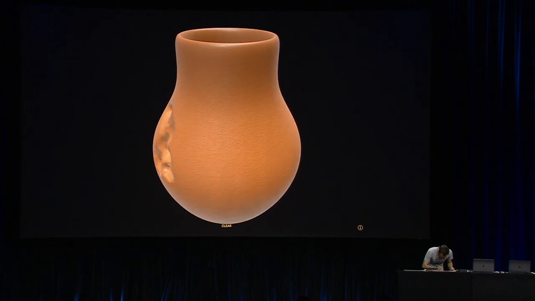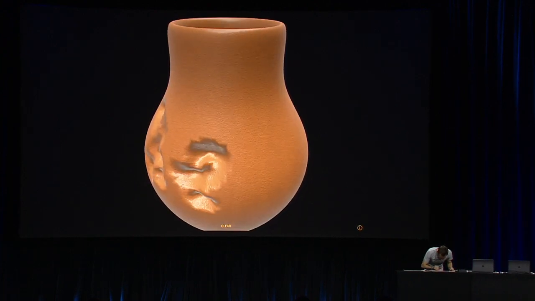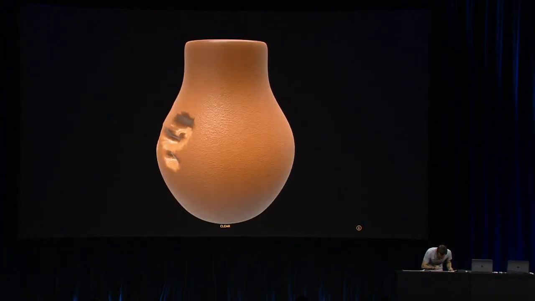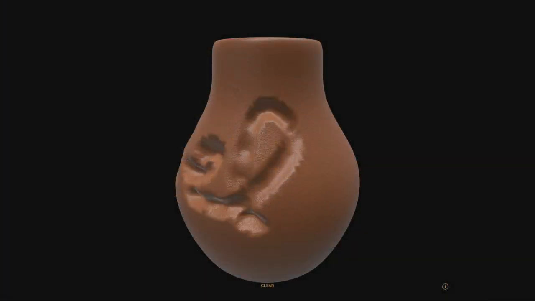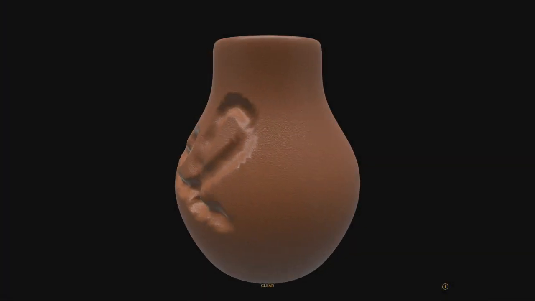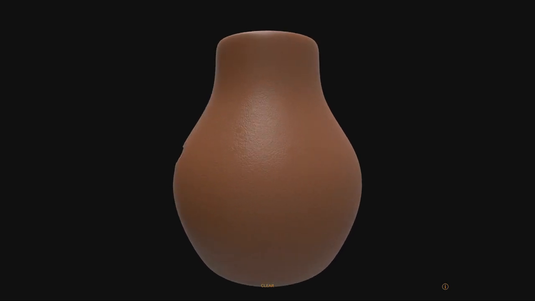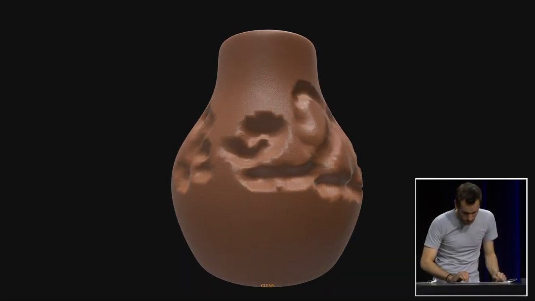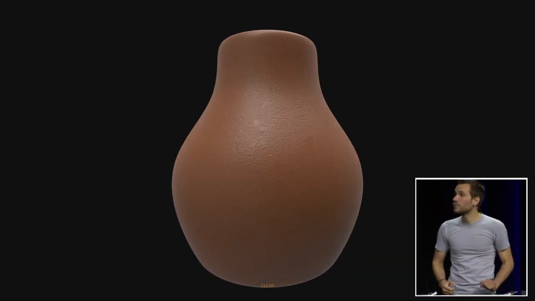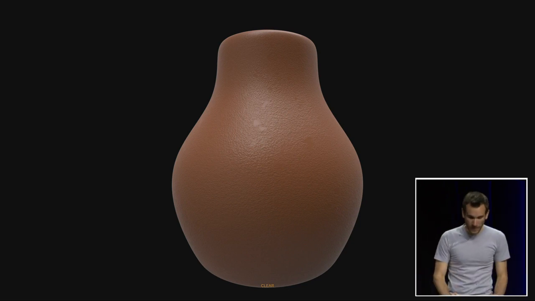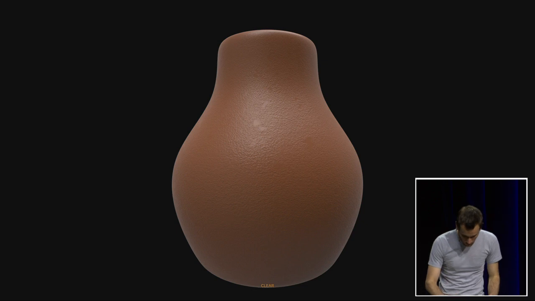So as I draw, pay a look at the silhouette of the object. Here, I'm actually modifying the geometry. I'm not just adding surface details like we do with a normal map. OK, so how was that done? Well, with subdivision surfaces, tessellation, and height maps. So let's have a look.